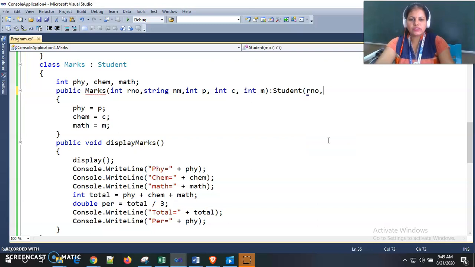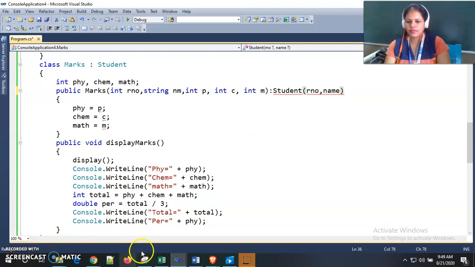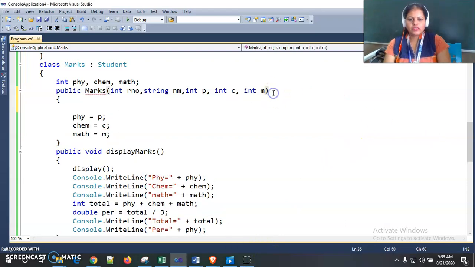Now I am passing this roll number and name to my base constructor. Instead of giving the base class name, use the base keyword and then pass the arguments to the base class like this.